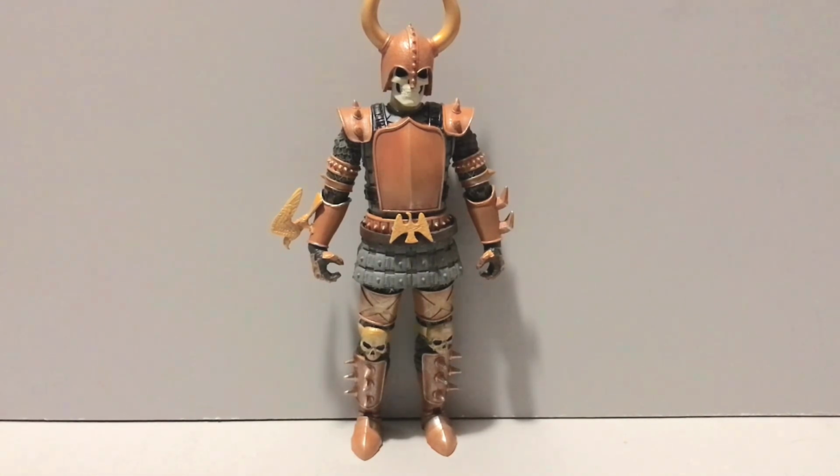So we're going to kick things off with Black Falcon. We're going to wrap things up with Robot Reaper again later today. Stay tuned for that. But before I get too far ahead of myself, why don't we cut right to the chase and get into the meat and taters of this review and take a look at this guy's accessories, because he comes with a metric load,